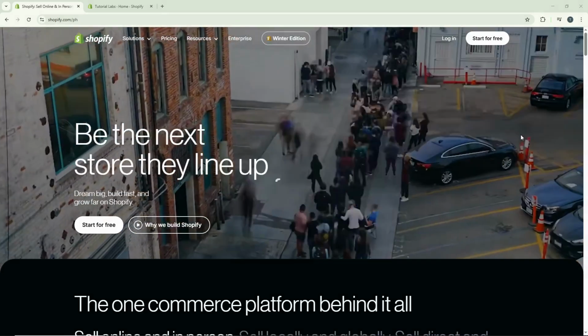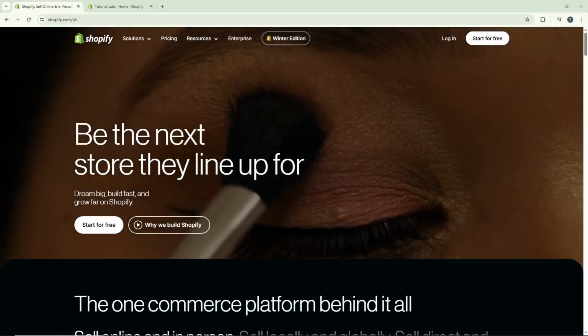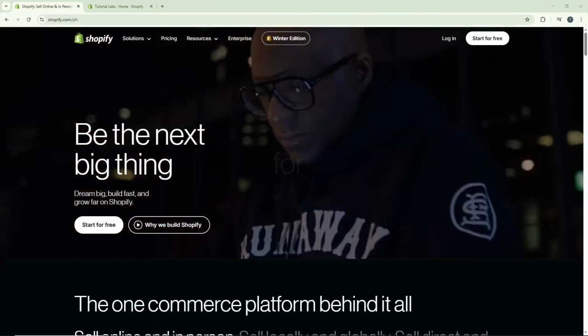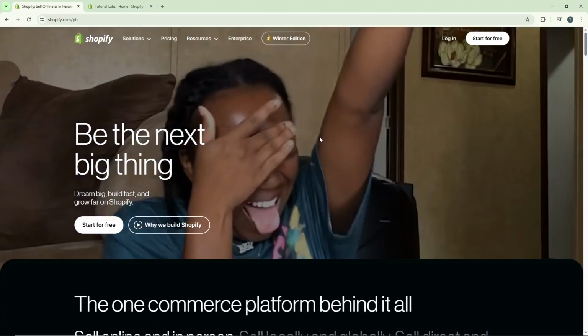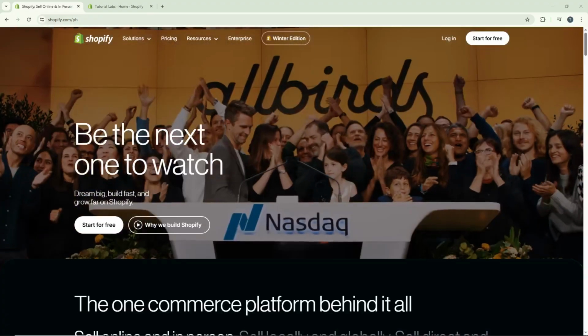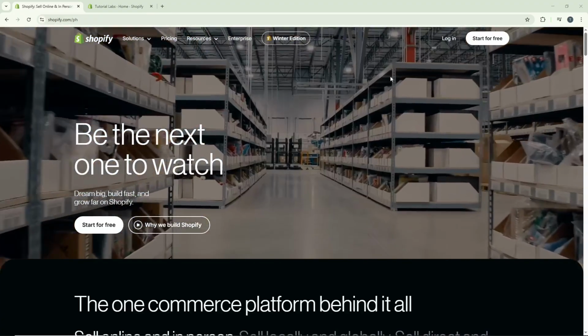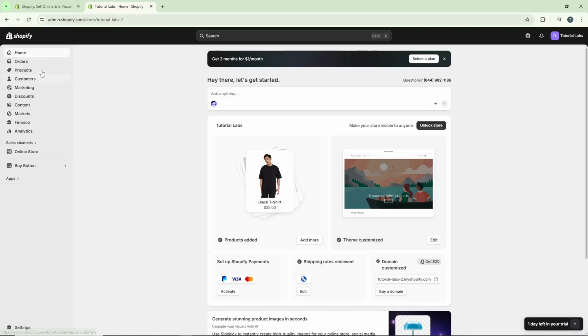First, open your browser and head over to shopify.com. Once you're there, log into your account using your credentials. Make sure you're signing into the correct store if you manage multiple shops, as this will ensure you're making changes to the right one. Once you're on the home page, look over to the left side of your screen and